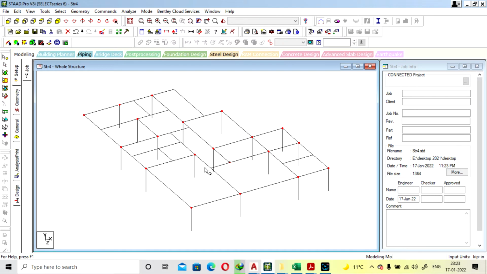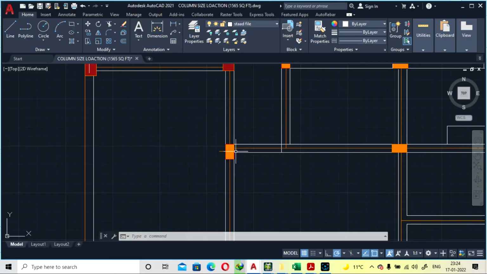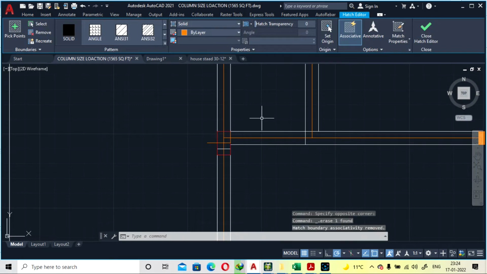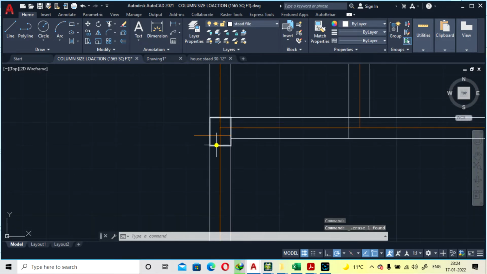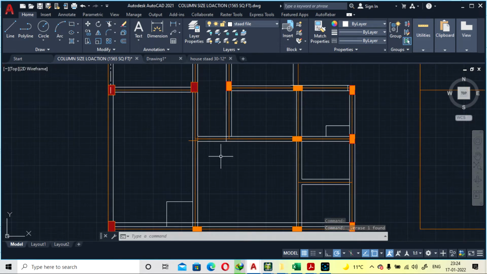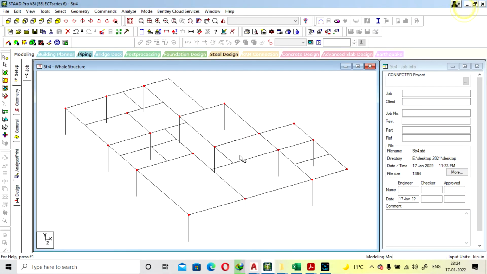We haven't provided a column in this place here. So what should we do? I will show you in the drawing. Here we haven't placed the column, so just delete the column here. We will check whether it is okay with the drawing after applying all the seismic loads. If it is required, then we'll provide the column after that. So we will merge this beam.